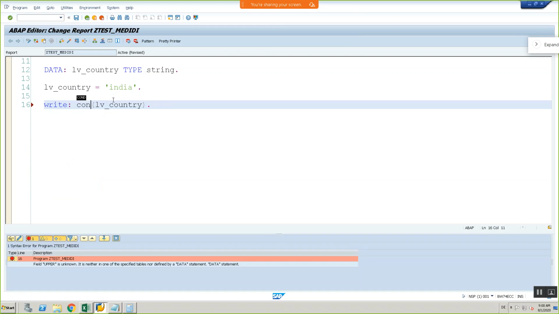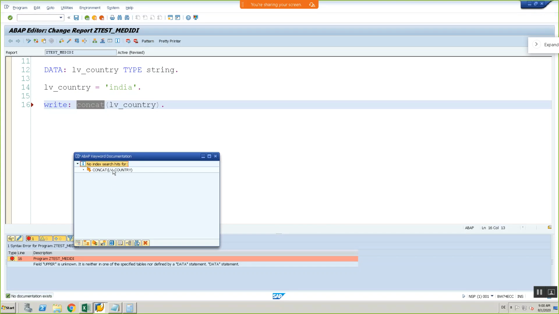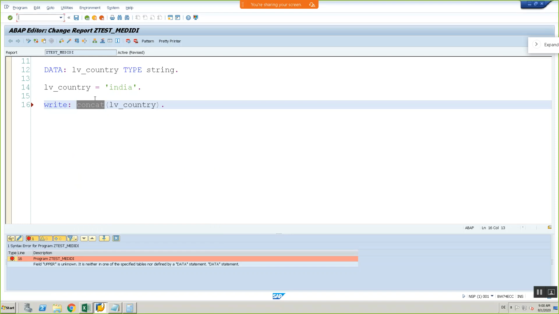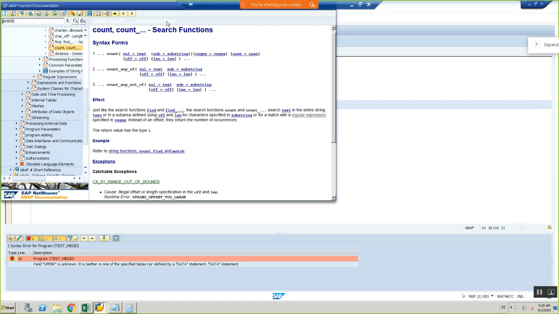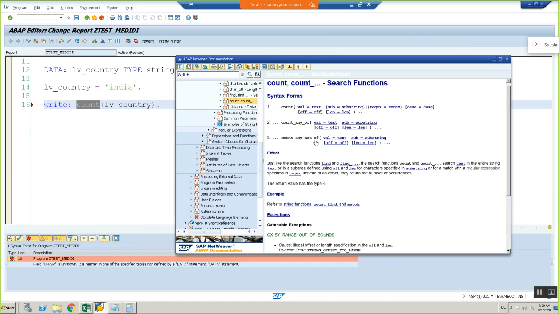I forgot this. Here I can find all string functions.